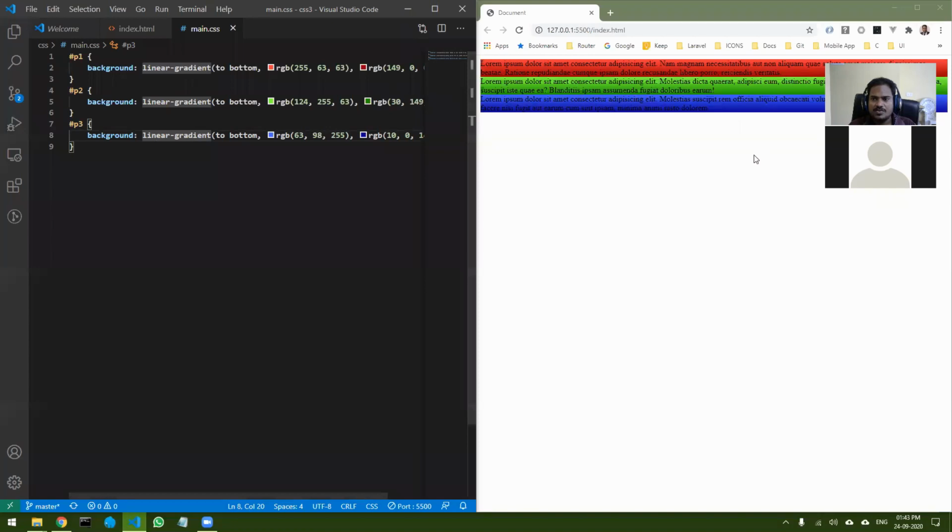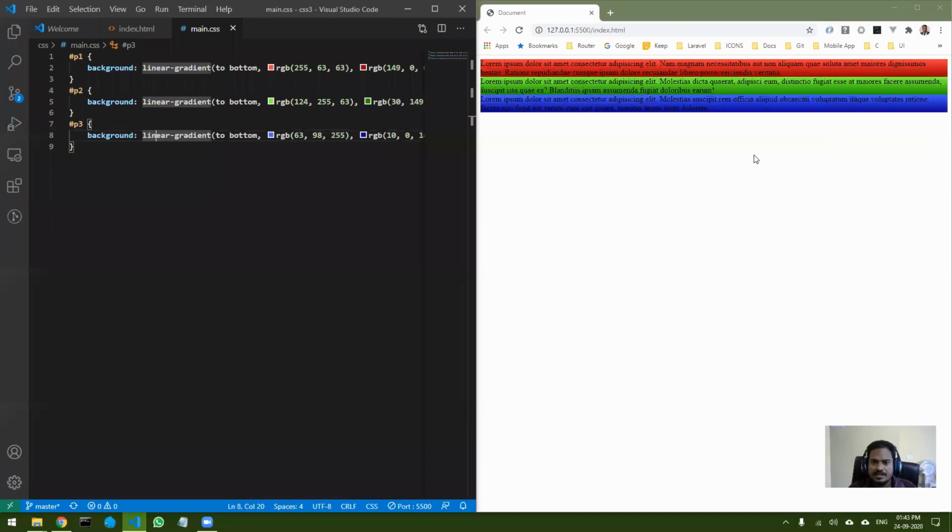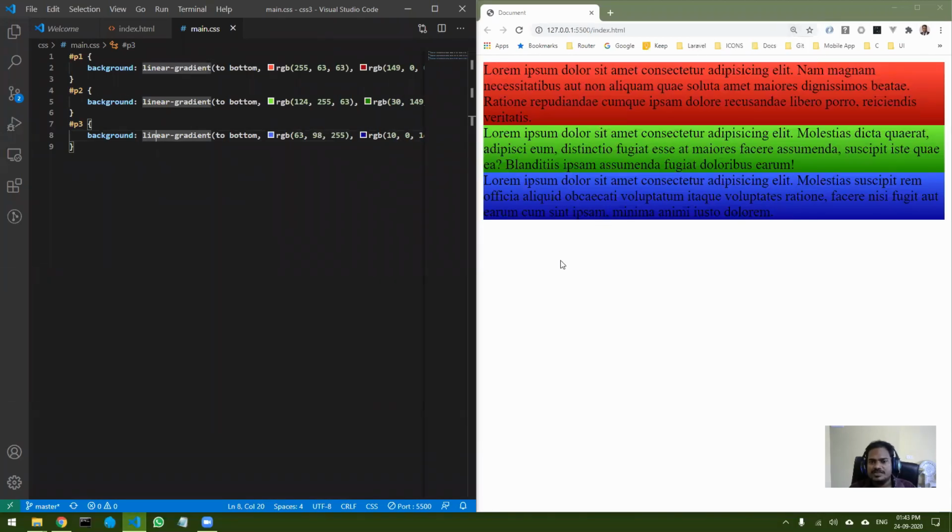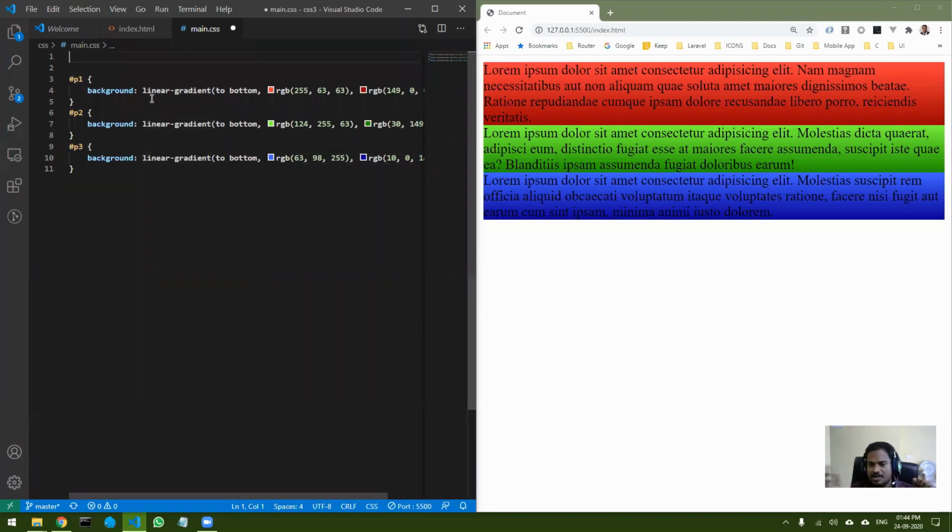Now obviously, let me just increase the font. Obviously this looks too congested, right? The first thing to note here is, can you see an outer gap in between the web page and the contents? There is a gap in between, right? So whenever you start designing, your first step is to remove that. That is added by the browser. Every browser has their own styles, so that I have to reset.